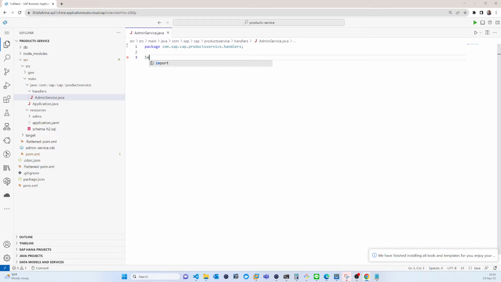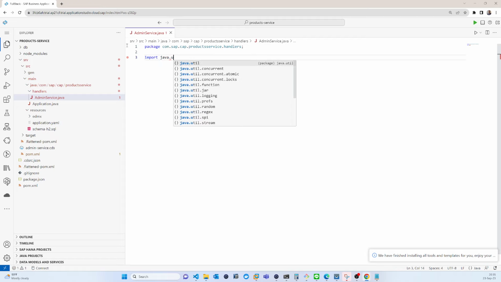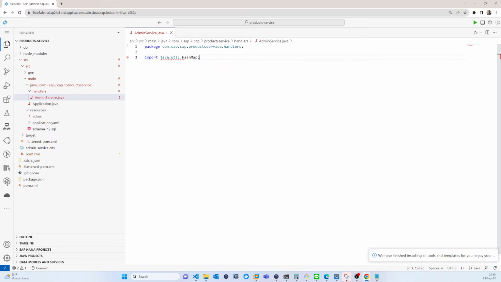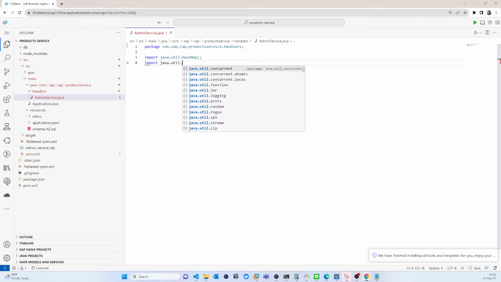Then we need to import java.util.HashMap, then import java.util.Map,